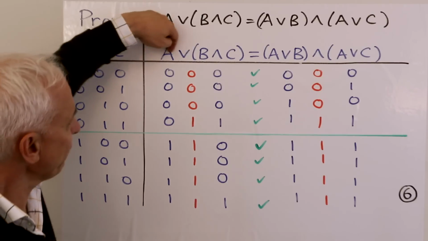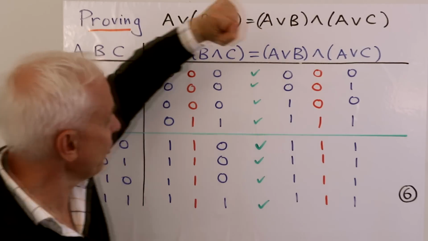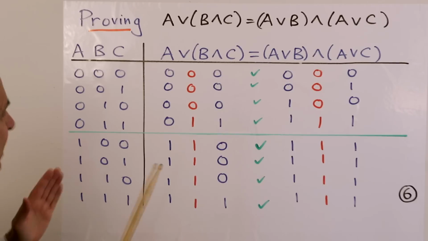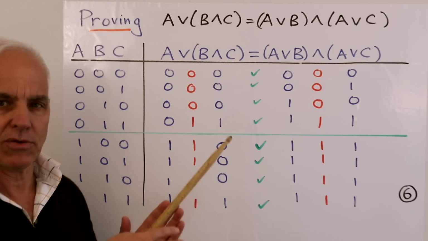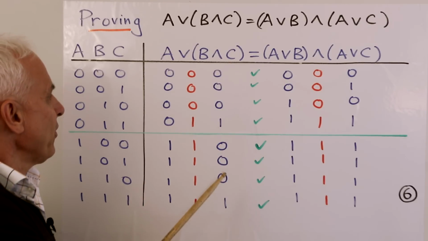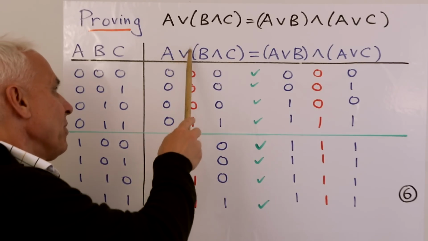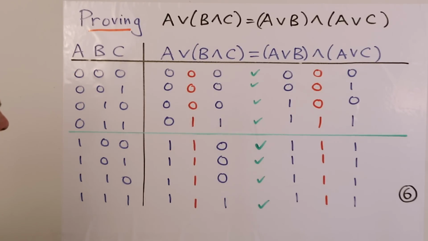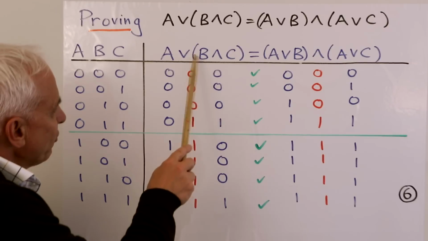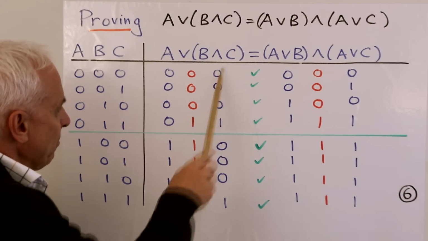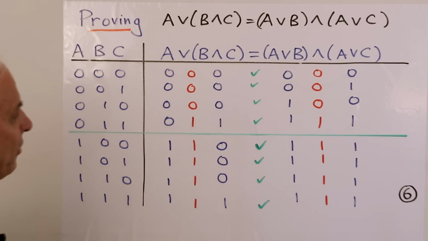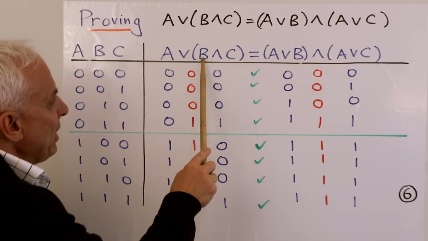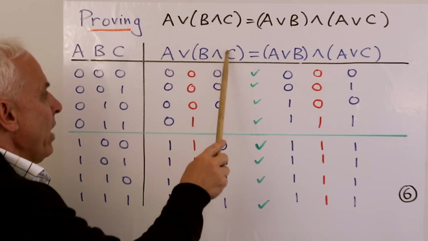So here I've written again what we're trying to prove, and what we're going to do is basically apply the logical rules for the Boolean operations here. Okay, so let's see what we get. I'm not writing all the values, so I'm not writing B and C here just to make the table not so complicated. But let's start with this term here, right? This is B wedge C.